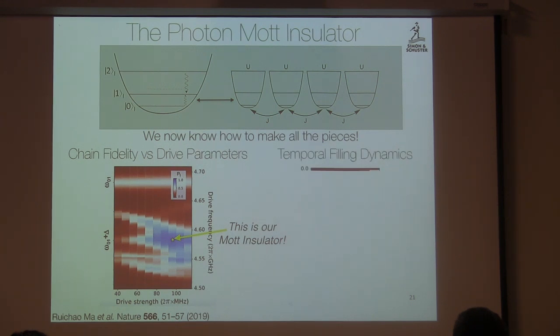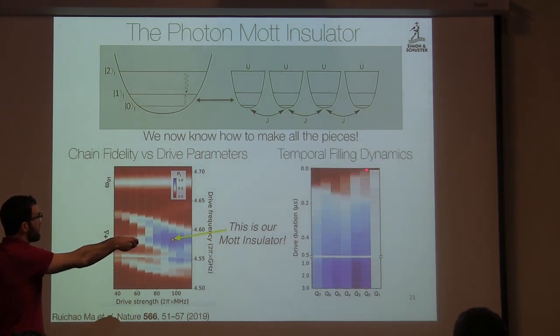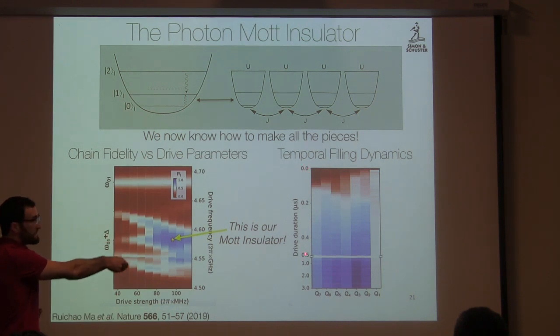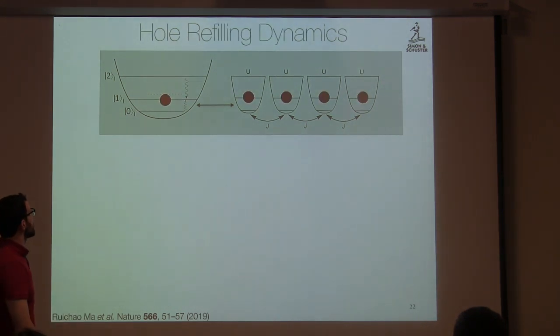What we can see when we take this chain, this is an 8-site Bose-Hubbard chain. We measure the occupancy of each of the 8 sites, I guess this is 7 of them, as a function of the time since we turned the system on. And you can see the reflection of some filling front, and then the system fills up to 1 particle per site.